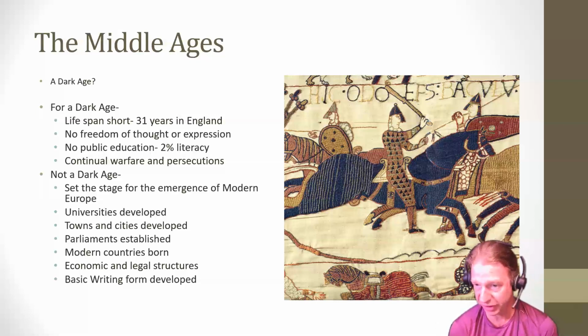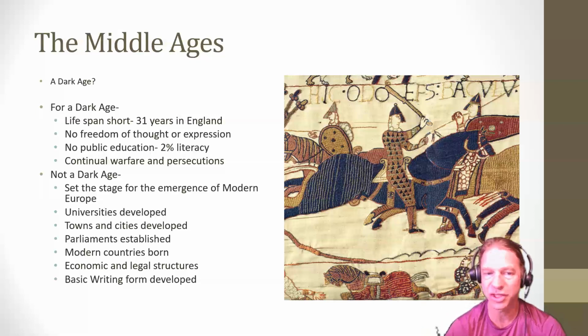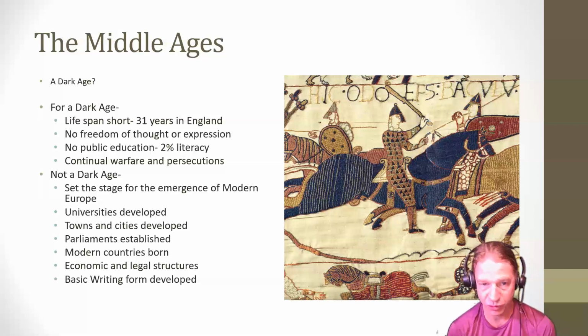The first universities developed during the Middle Ages. Universities like Oxford University, the University of Bologna in Italy, the University of Paris, just to name a few. And granted, these weren't like universities today where ideally every individual has the hope and or opportunity to attend college or university. These were for only the aristocracy and their children, but nonetheless, this creates an infrastructure for the future.